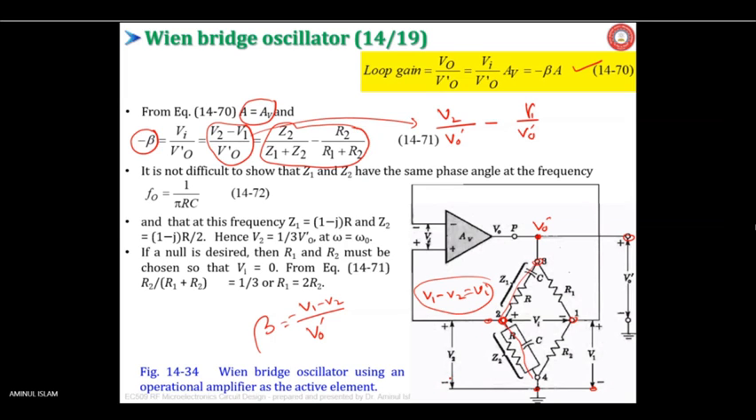V2. V2 is equal to Z2. I can write VO prime into Z2 divided by Z1 plus Z2, or not? Yes, sir. Z1 plus Z2. Yes, sir. Similarly, V1